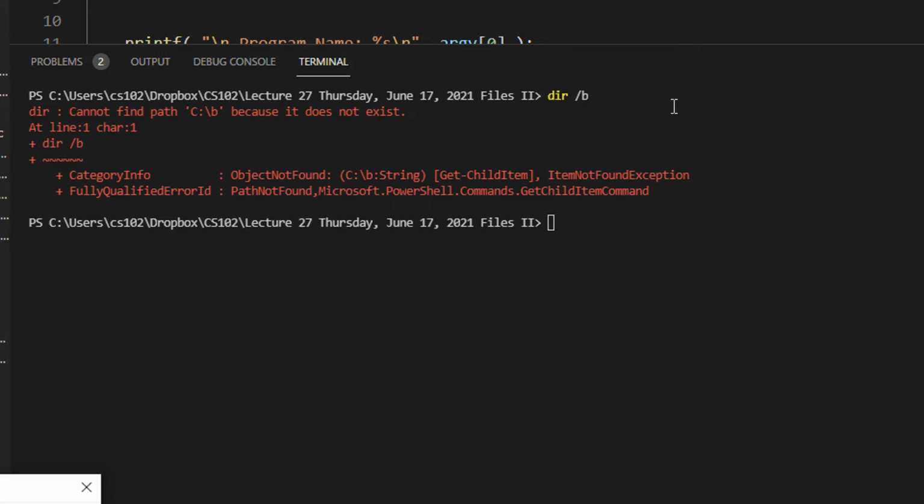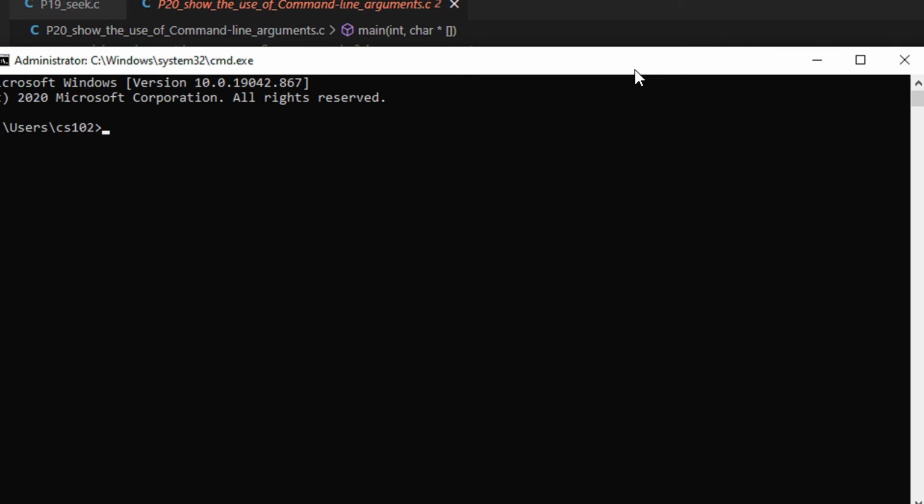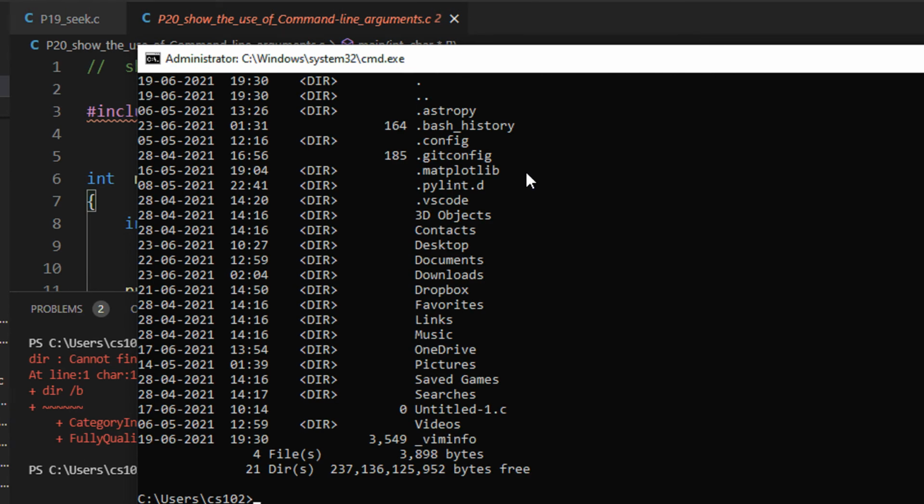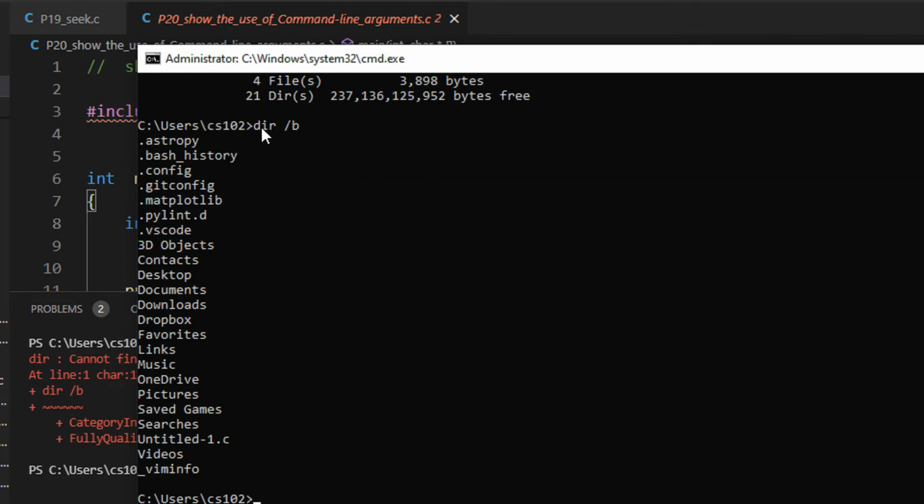Let me just show you on a normal command line window. So when I type here dir, it shows me the list of file contents, right? So basically I have a desktop directory, I have a documents directory, right? And if I do dir slash b, it only gives me the base name. See, I don't see the details.